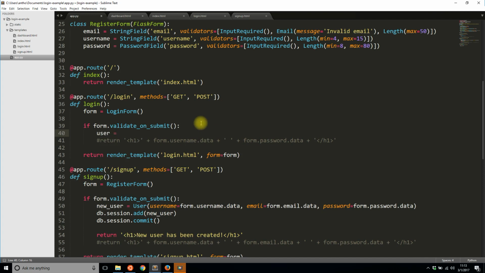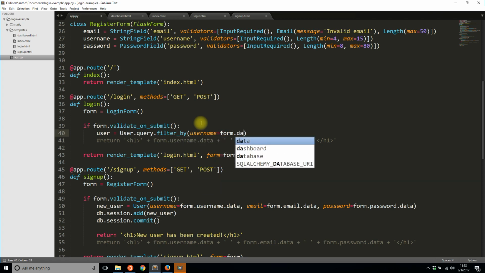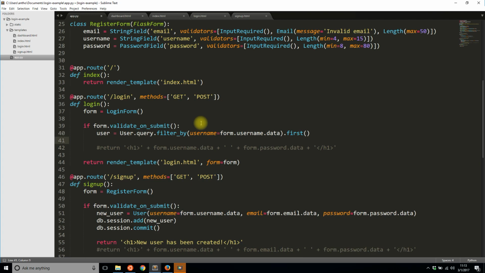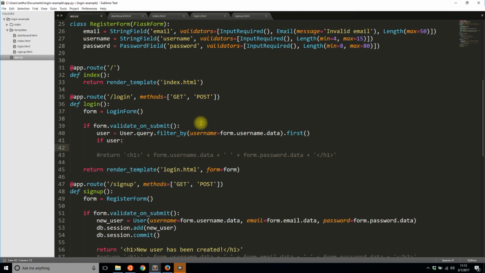So I'll say user is going to be equal to user.query, and then I'll filter by the username that is passed in the form. So form.username.data, and I'll get the first result because usernames are supposed to be unique. So I won't get more than one result here. And then I'll say, if the user actually exists, then I want to check the password. So then I'll say if the password from user, so let's say user.password